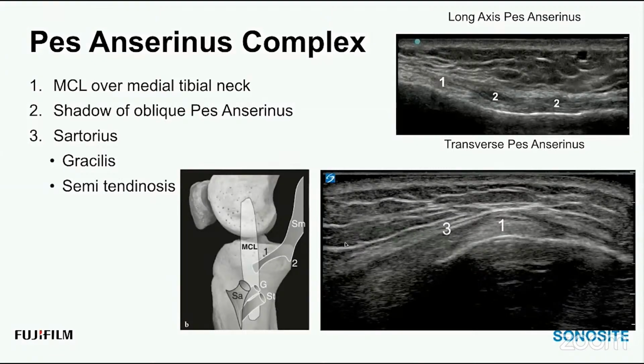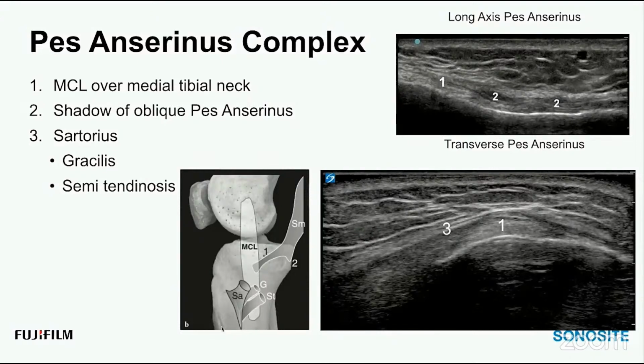Okay, and forgive me for not having that anatomical reference here. It is on the Learning Institute. It's the Stefano Bianchi and Carlo Martinoli book, Introduction to Musculoskeletal Ultrasound textbook, where this anatomy diagram came from, and it is just absolutely spot on. So you can see the sartorius and how large that is, gracilis and semitendinosus stacked proximally and distally respectively. But you can see the MCL's relationship to these,